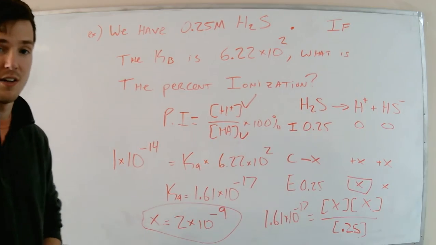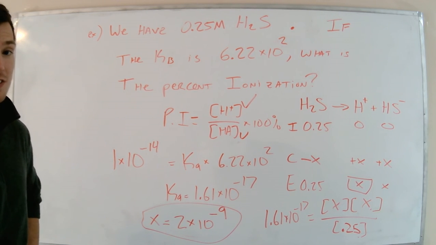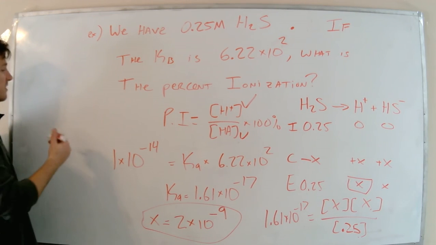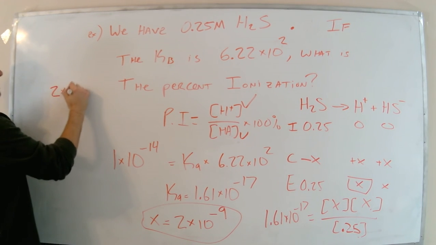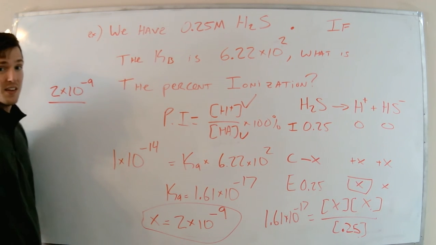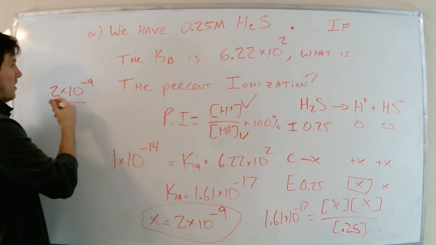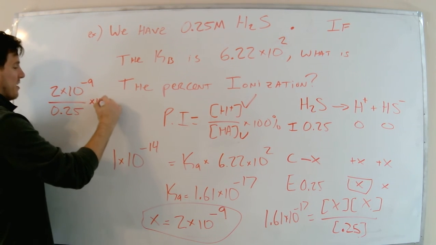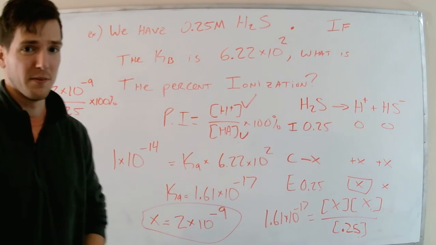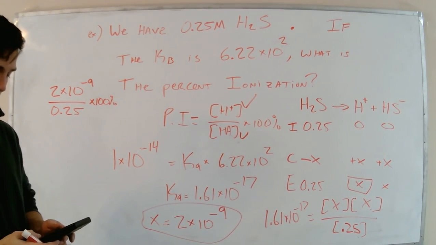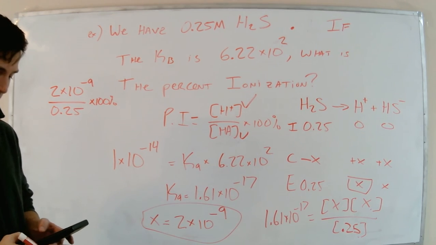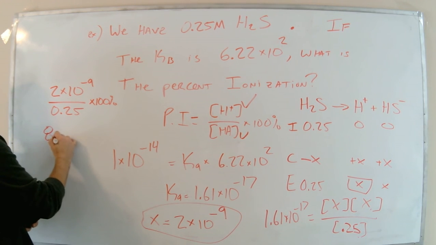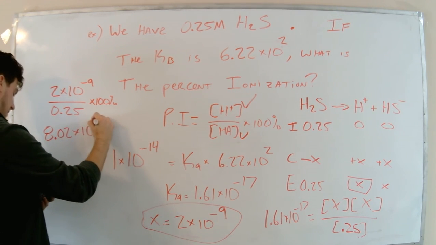So now we have both of them. We have our H plus and our HA. So let's go over here to finish off that. Our H plus is 2 times 10 to the negative 9th. Our HA, or our concentration of our acid, was 0.25. We're going to times it by 100. This is going to be a really, really small percent ionization, but hey, we're going to do it anyway. Okay, so this is just pretty much not going to change into anything. 8.02 times 10 to the negative 7th